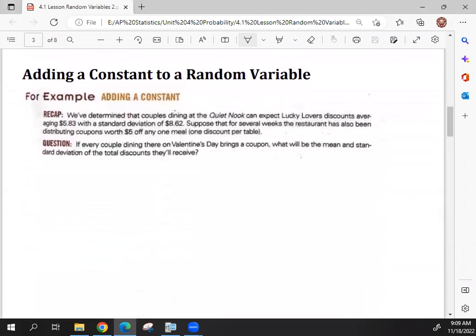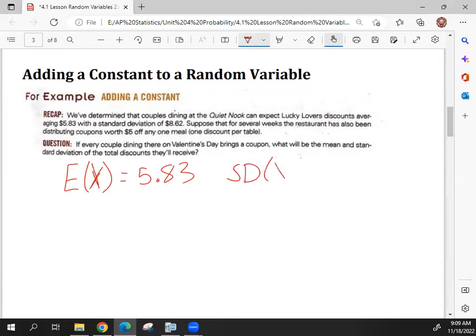So in the last lesson, we talked about finding the expected value of a random variable. Expected value looked like that. And this is a capital letter X, and that capital letter X just represents the random variable. So in this case, we were talking about a discount at a restaurant on Valentine's Day, and we found the expected value to be $5.83. There's a little recap here, and we found the standard deviation of that random variable to be